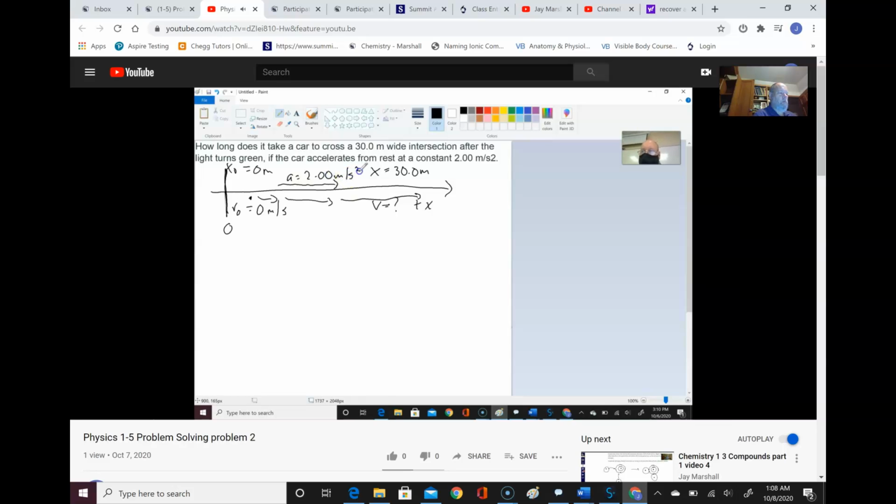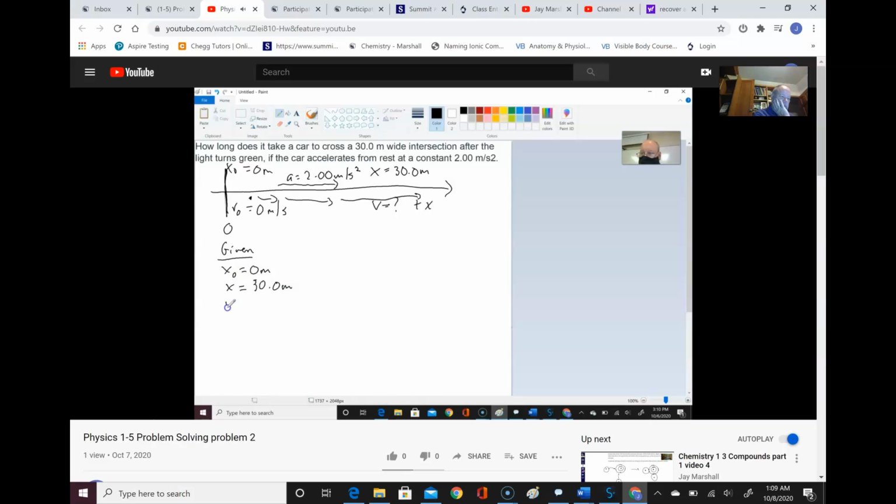Okay? There's nothing here other than collecting information. I didn't have to know any problem-solving strategy. I didn't have to discern anything. I just got the information. And now I'm going to write that down in a standardized way, given x0 equals 0 meters,